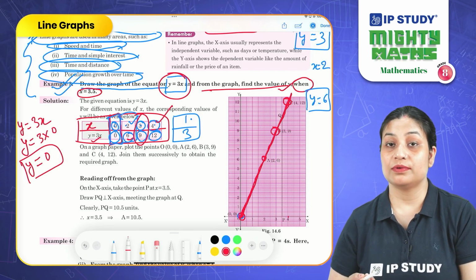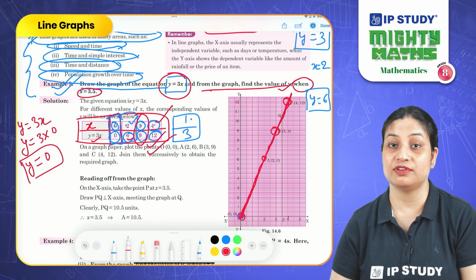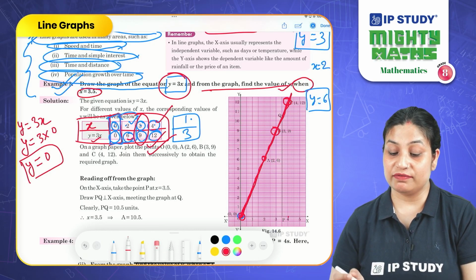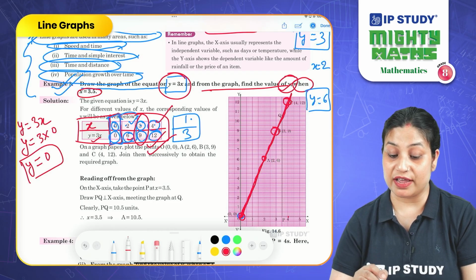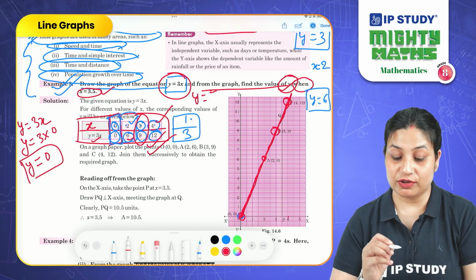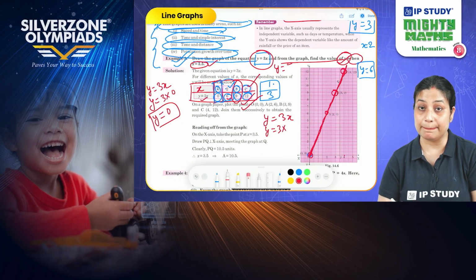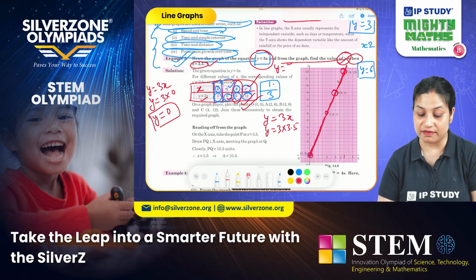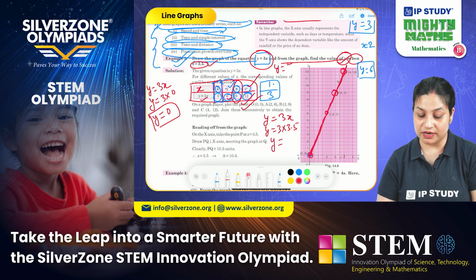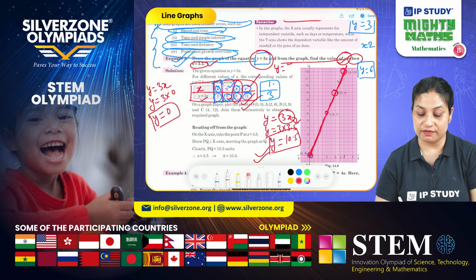So students, this is how you can plot a line graph using ordered pairs, depending upon the condition given to you. The next part of this question is we have to find out the value of y. We have to calculate the value of y for x equals 3.5. So for this case, we have this equation. We have to find out the value of y when x equals 3.5. Simply put the value of x over here, 3.5. When you do so, you will get y equals 10.5. So this is the value of y when you put x equals 3.5.